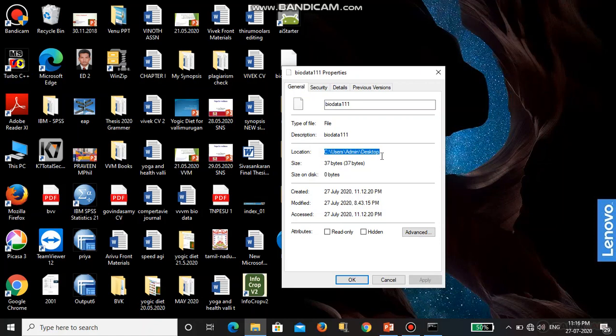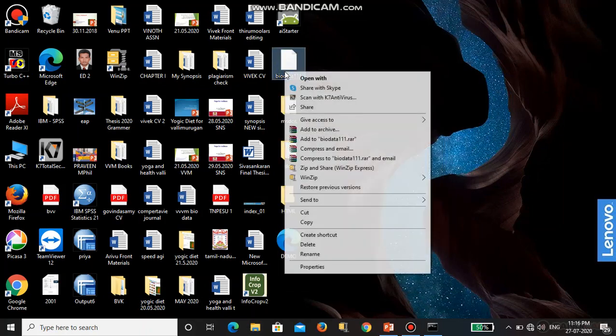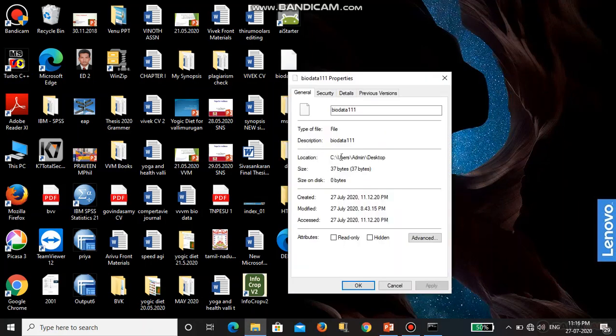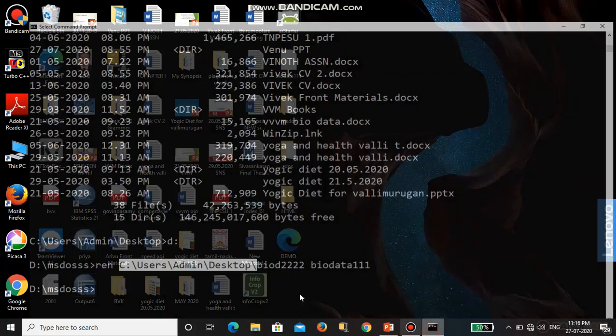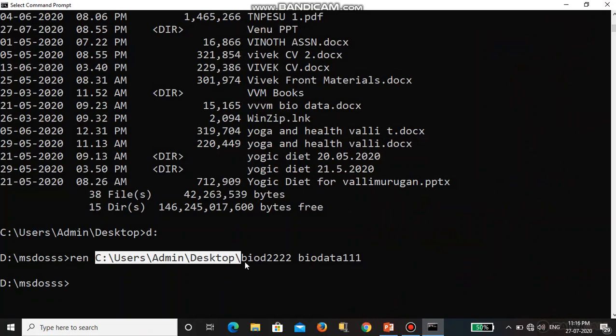So this is the easier way of finding the file location. This is the file location of the file biodata22.